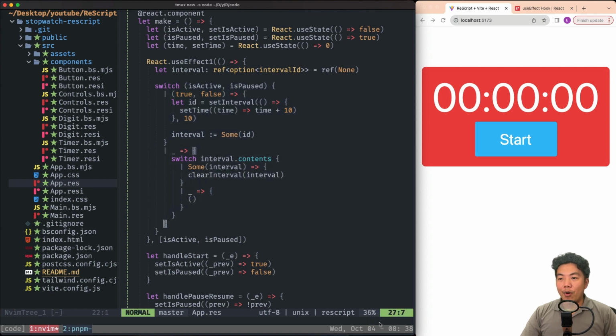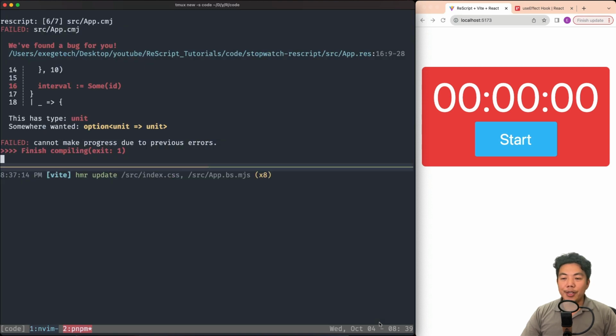But that's not what the callback function that useEffect1 has wants. This callback function doesn't want a return type of unit. So what does it want? If we take a look at the compiler error, it says it wants option type with a callback that receives a unit type and returns a unit type. Okay, let's just try to satisfy that.